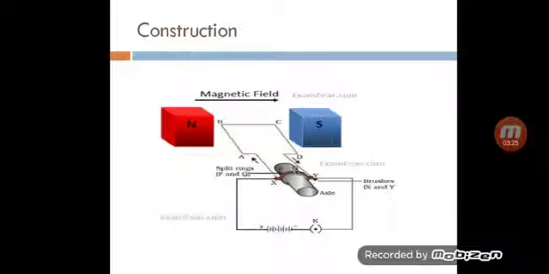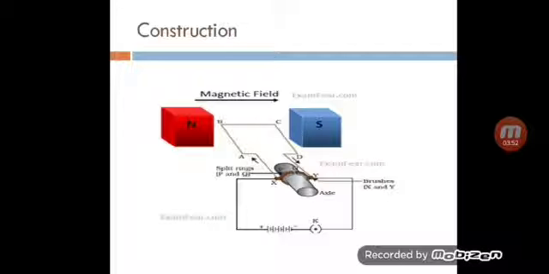And if we see the flow of the current in the arm CD, it is from C to D. The direction of the magnetic field is from north to south, that is towards the right, and on applying Fleming's left hand rule, we will find that the direction of the force will be in the outward direction, that is in the upward direction, and along AB it is downward.